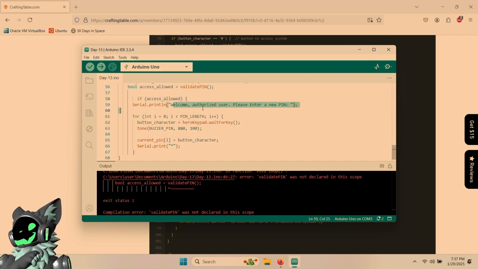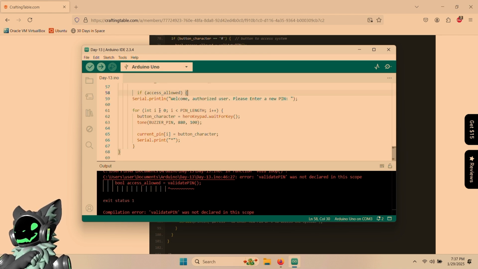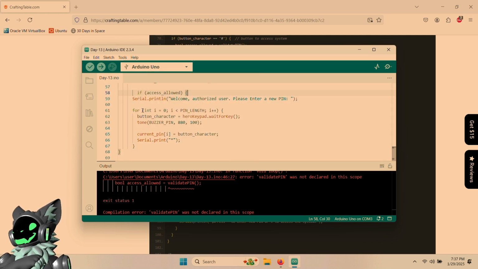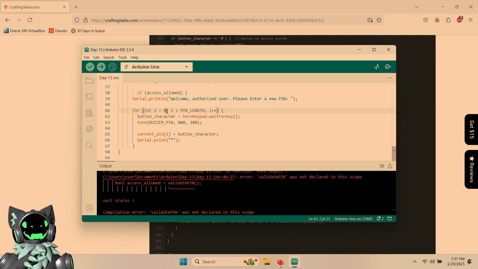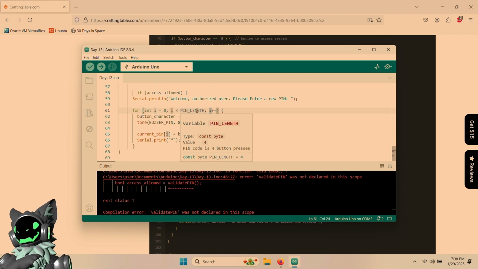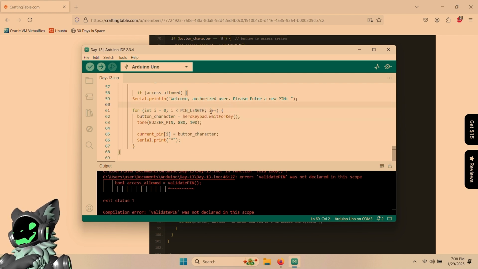Then that says welcome authorized user, please enter a new pin. And then we have here a for function that we're going to use to gather our new pin. So it says for integer int i equaling 0, this is going to be a counter. When i is less than the pin length, which we declared up at the top as being a value of 4. And if I hover over this, you can see that right here. So the pin length being less than 4, we will increment and then capture